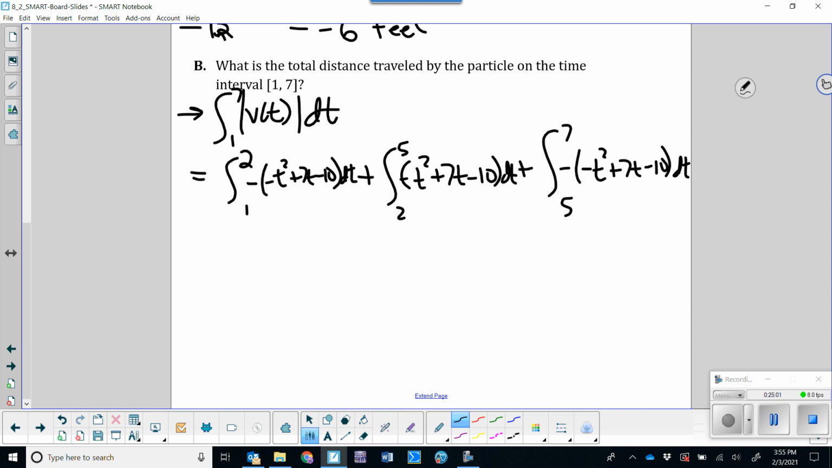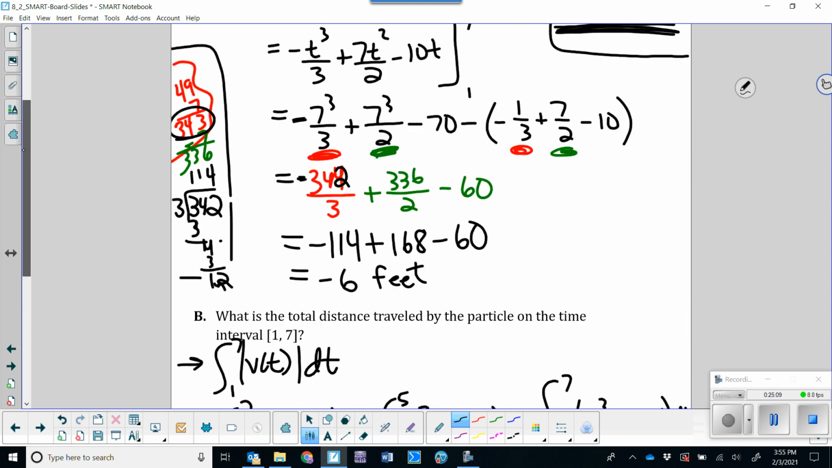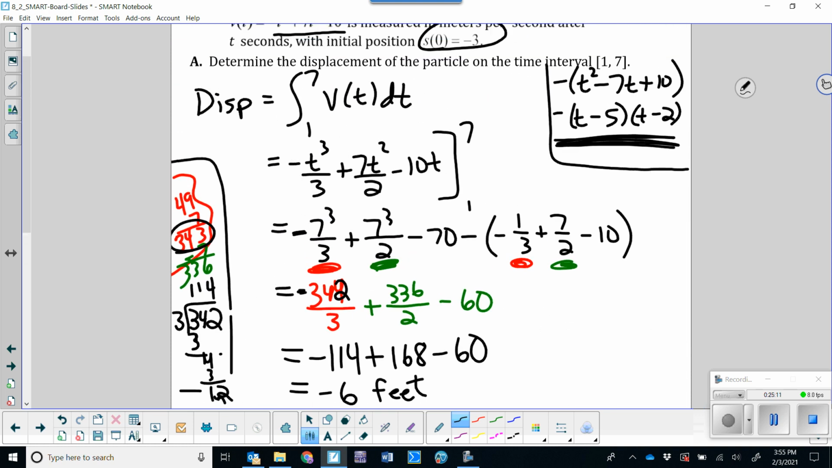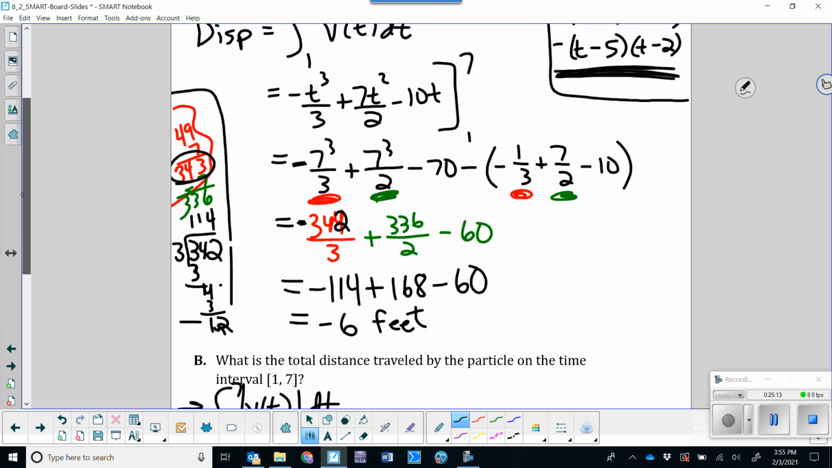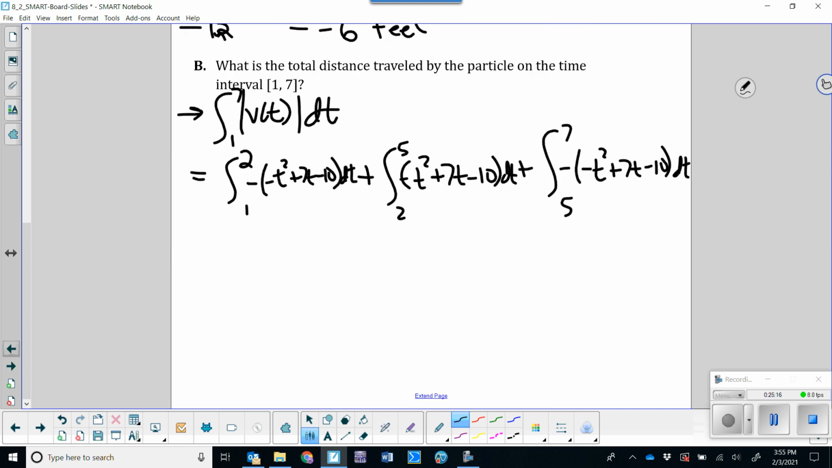Well, I'm not going to do all of that because I want you to practice that. So if you need that practice, don't forget we already found the antiderivative. So we already know what the antiderivative is. We have it right here. So you only have to write down the antiderivative each time from 1 to 2, 2 to 5, 5 to 7. And then you just have to take the opposite of the answer in the two that are opposite. So what you end up with is